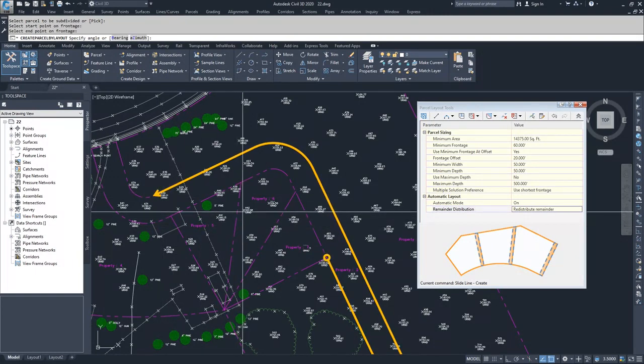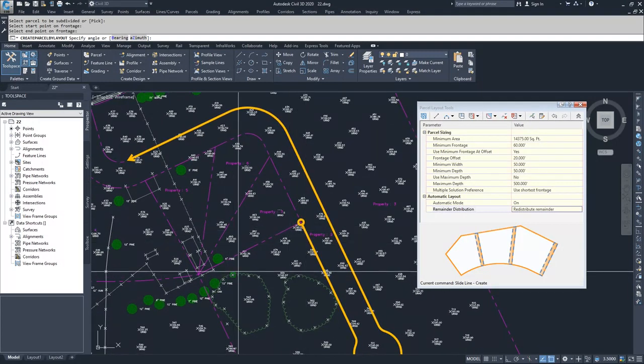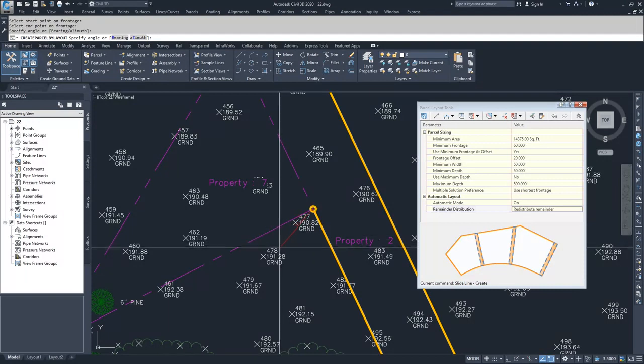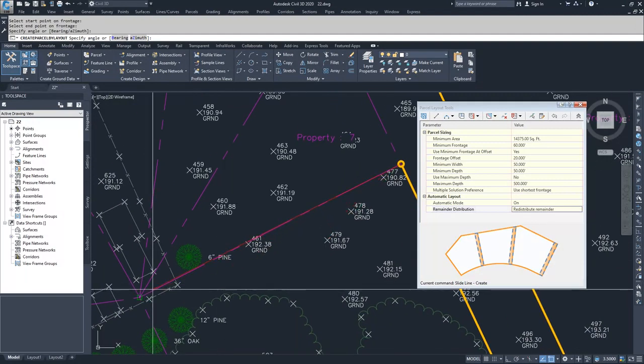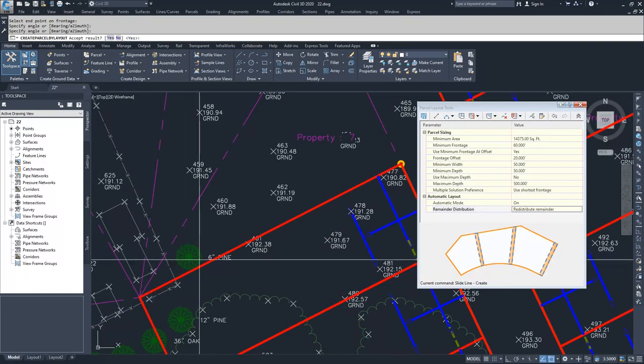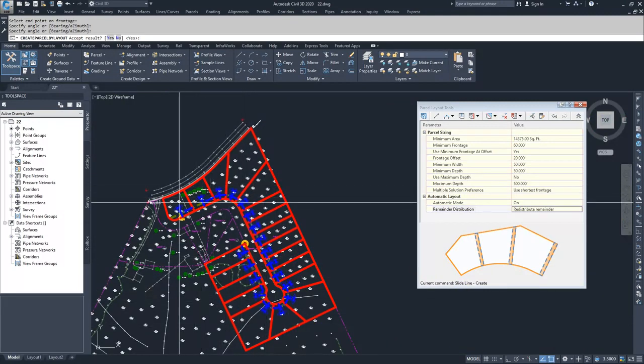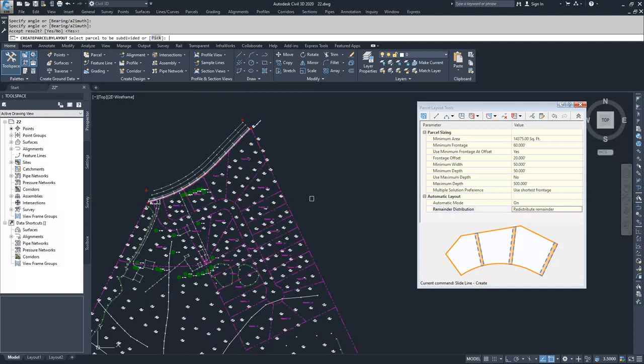Civil 3D is now asking me to specify an angle. This is the angle that our parcels will come off of our frontage at. So what I want to do is select the endpoint of this parcel and select the back point of this parcel. And what Civil 3D is going to do is it will now automatically create all these parcels along that frontage. I'm going to hit enter to accept that, and I'm going to do one last slide